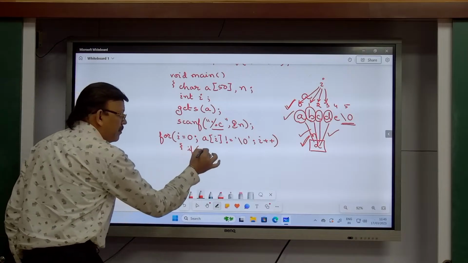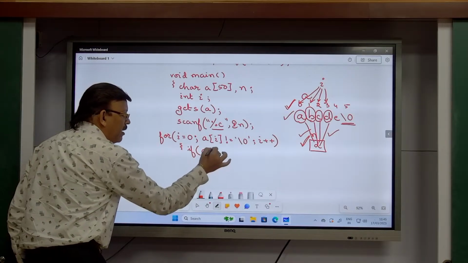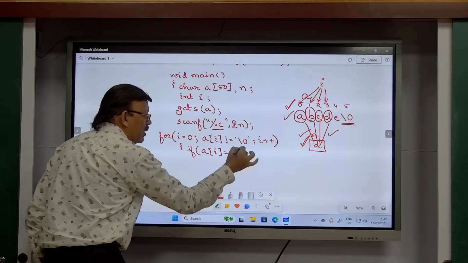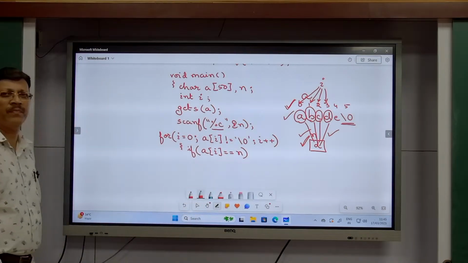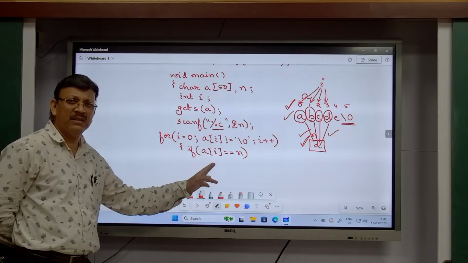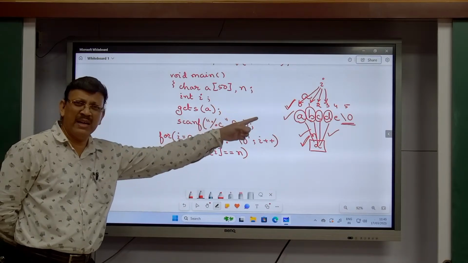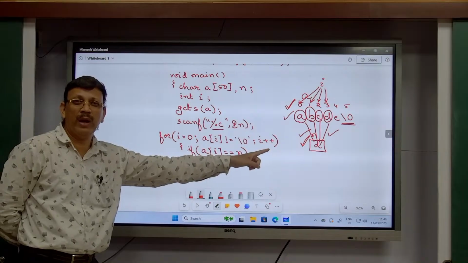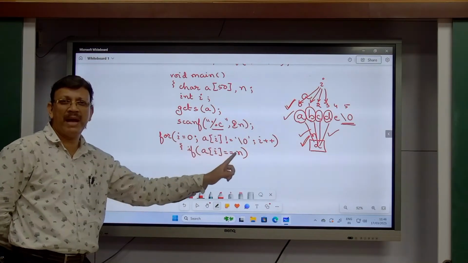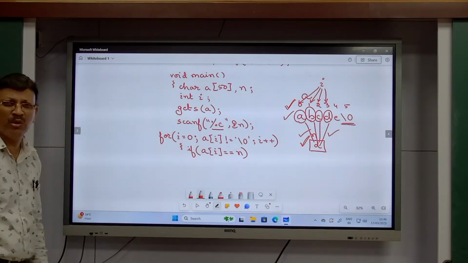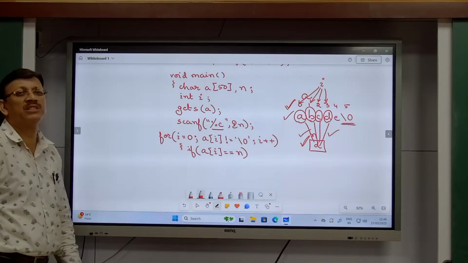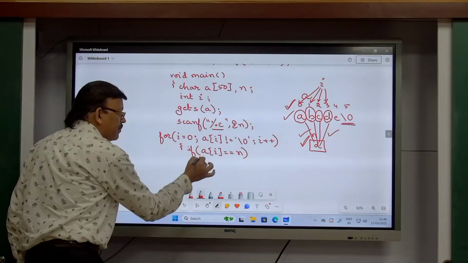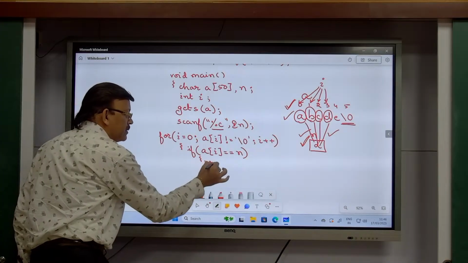So if A of I is equal to, so this is the character which is fetched from the array. This is the character which is inputted into N. So if there is a match, then I conclude that the character which I am searching is found. So if it is matching, I am going to print